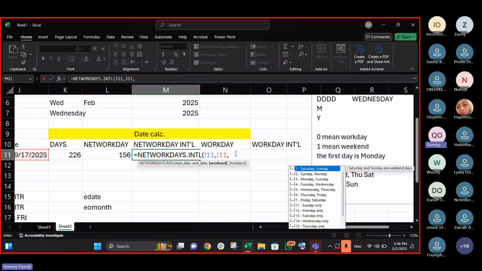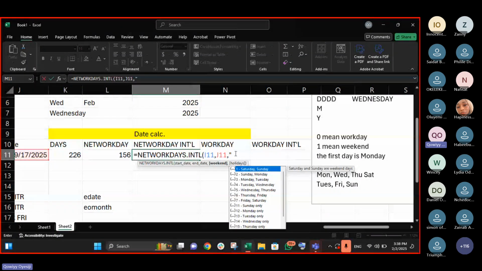Monday, we said we go to work. Now, Zainab, I said 0 represents what, work day? Is it 0 or 1? 0 represents work days. And I said it's time for Monday, Monday is the first day. Yes, so it will be 0. Tuesday, are we going to work or not? We are not going to work, so it will be 1. Wednesday, we go to work, 0. Thursday, we go to work, 0. Friday, we don't go to work, 1. Saturday, we go to work, 0. Sunday, we don't go to work, 1.